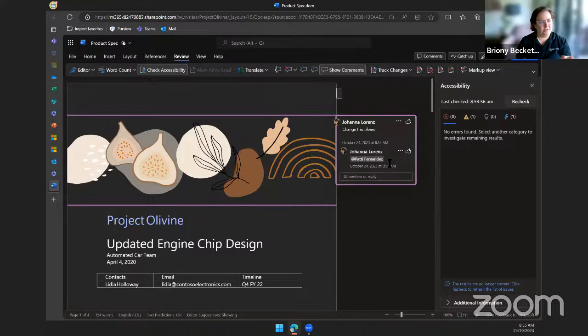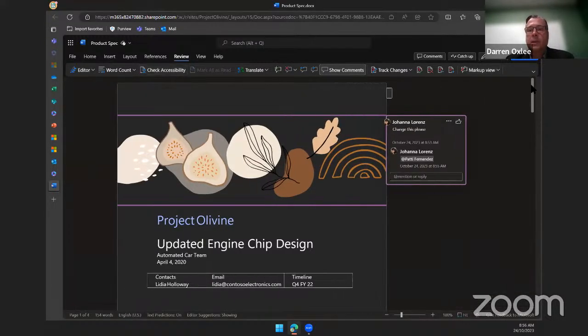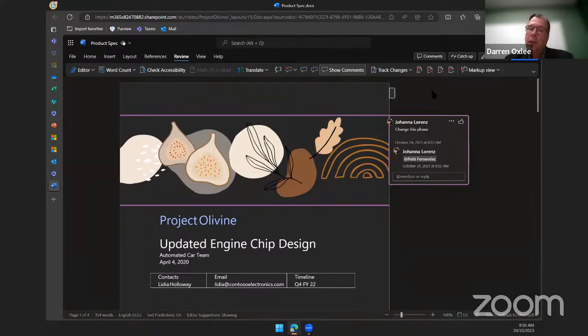Just trying to think. Oh, so no one's made the edits in the original. Okay, and then people are working on a copy of the document. So there are probably two scenarios there. The one is where you've got multiple saved copies of the document. Where you've got, say, three versions of the same document that people have edited individually, you can absolutely do a compare. I'm not sure if it's in the web app, but you can stand up a side-by-side comparison in the client-side app, and it will show you where the differences are.